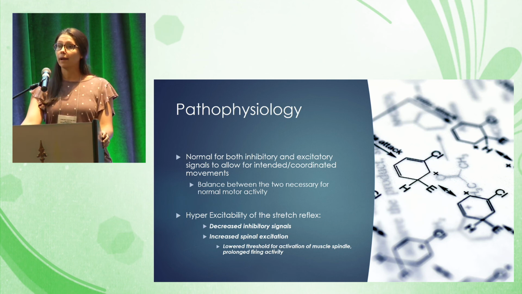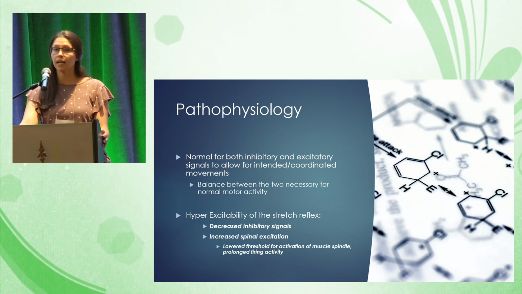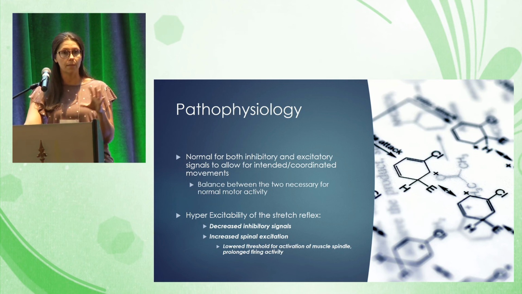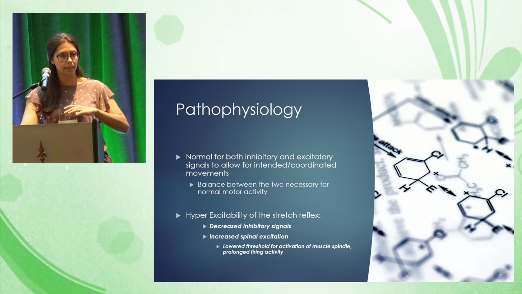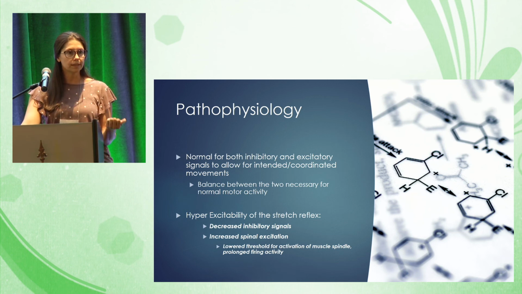so that you can have that smooth movement. So what happens in these upper motor neuron lesions or injuries is that you have a decrease in those negative signals, the ones that are blocking the opposing muscles, and then you have an increase in the ones that are causing the excitation. So then you have an overstimulation of one muscle group